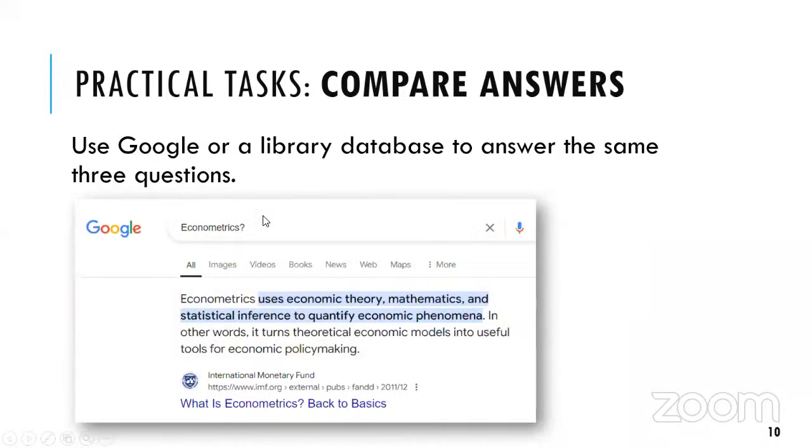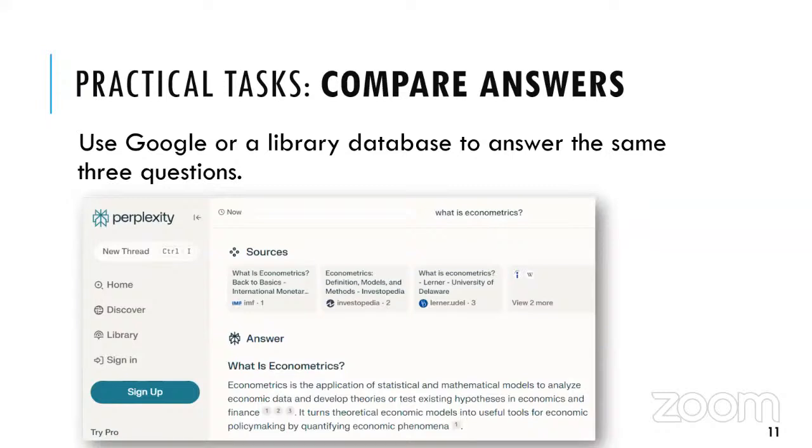Look at the example of Google. Google just gave this definition, which was taken from the IMF platform. And this particular one is part of the responses you get from the Gemini. Gemini is also an AI platform which Google has integrated into its Google search platform. But look at what you have when you use it on